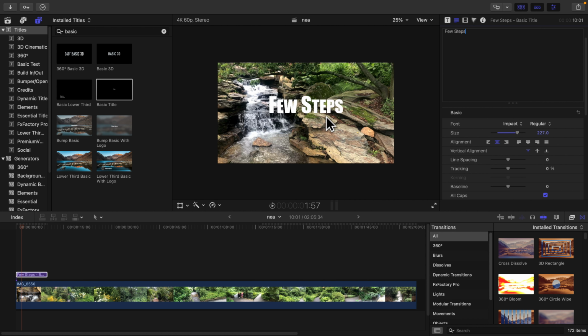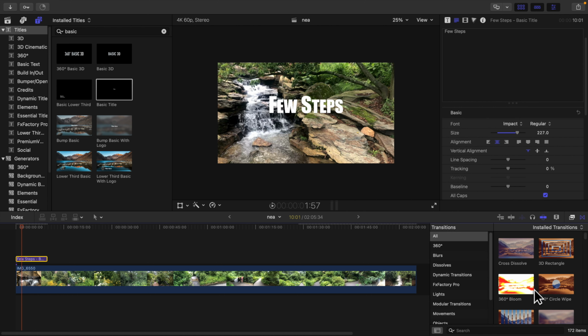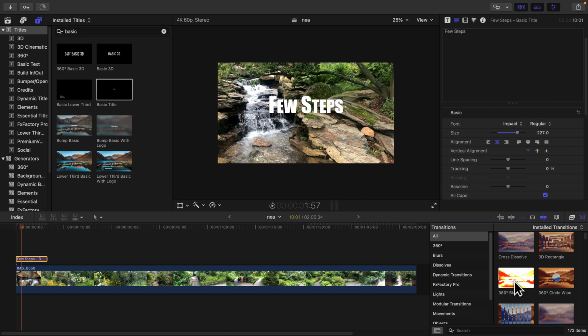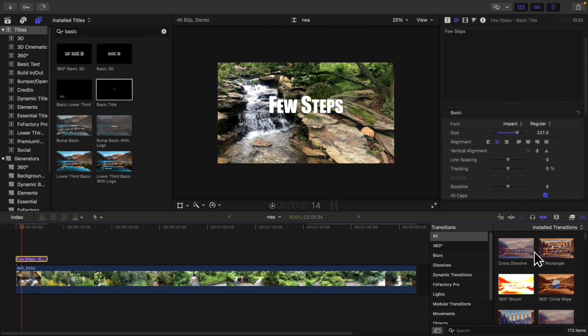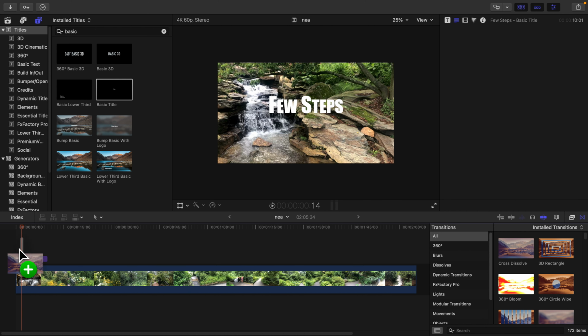Okay, now I will animate this. So to do animation, we just need to open the transitions. On your Final Cut Pro, you will find this type of small icon on the right side here. So you just need to click here, and this type of window will appear. This is the transitions window, and here there are many styles. All of these styles are good. It depends on your choice which one you are using. So I'm going to choose this one, and I'm dragging it and dropping it on top of the text,